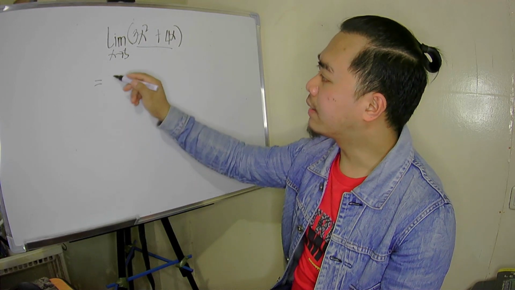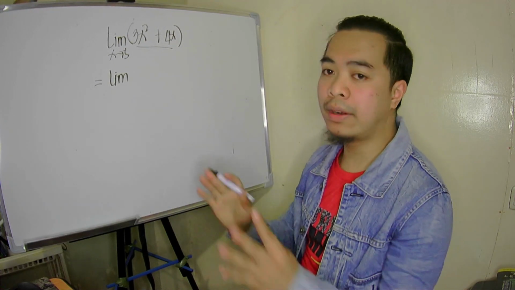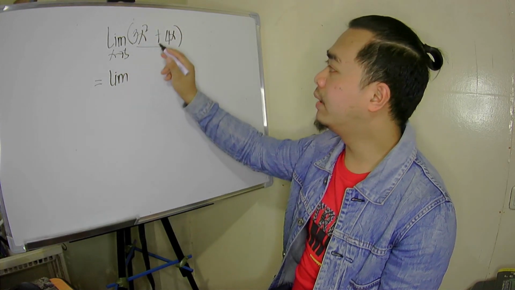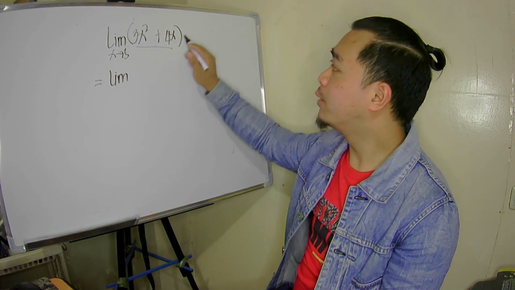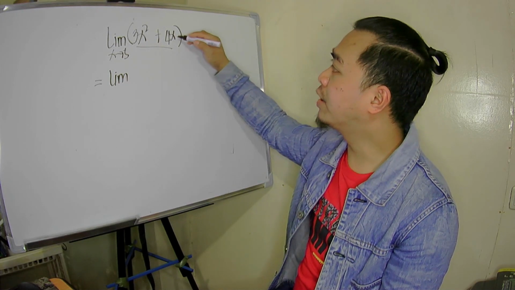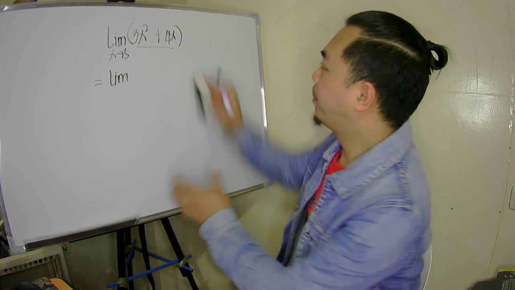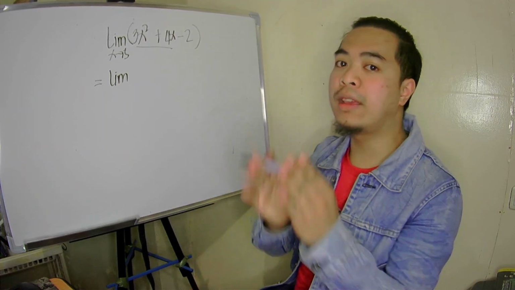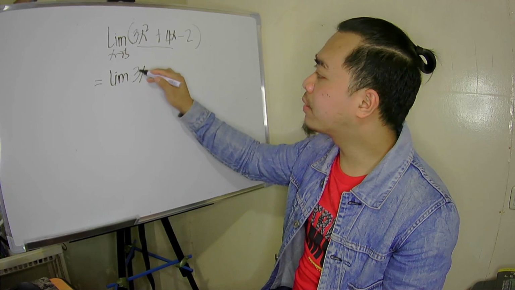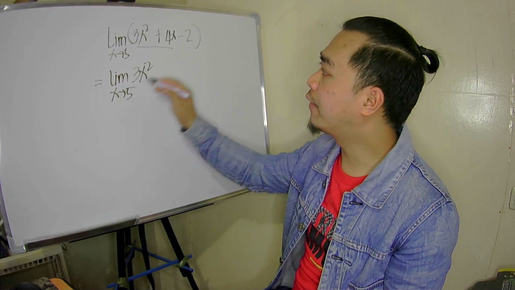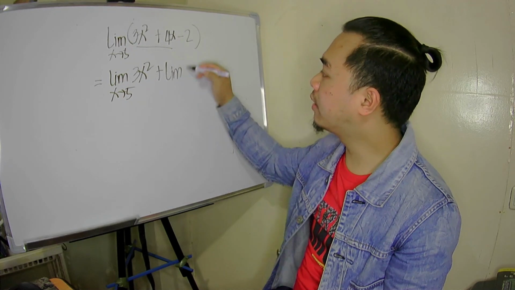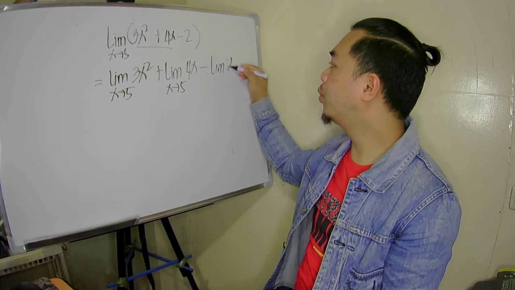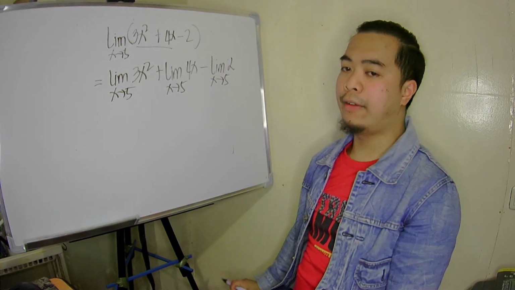The property is telling us that we can actually separate a sum or yung bawat term ng ating function, and then follow the sign in between them. So actually, kung meron pang pangatlong term dyan, for example, minus 2, o di tatlong separation yung gagawin natin. Limit of 3x squared as x approaches 5 plus limit of the second term 4x as x approaches 5 minus limit of 2 as x approaches 5.